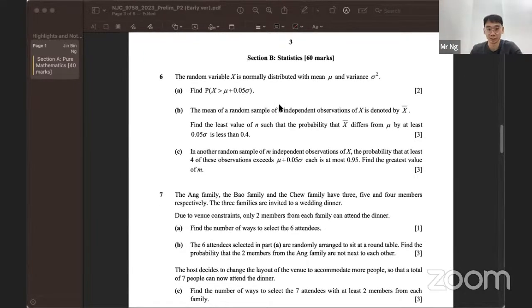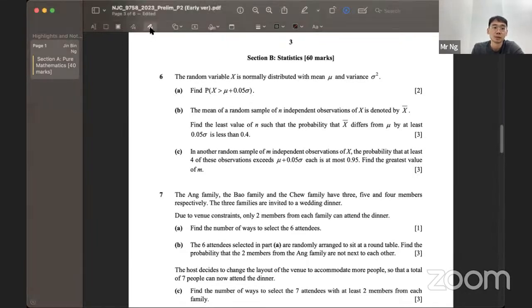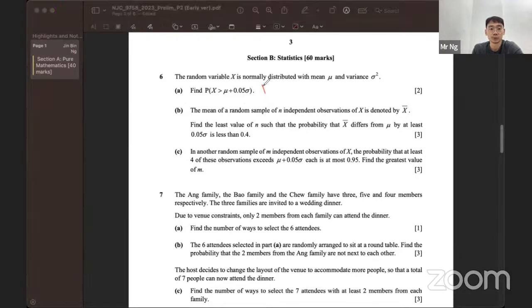Okay, this one I'm gonna skip. Okay, I saw this question before. So how to do this one? Because they want a value. So how do you express that value concept in here, right? You can only do it by standardization. So P of (x minus mu) over 0.05